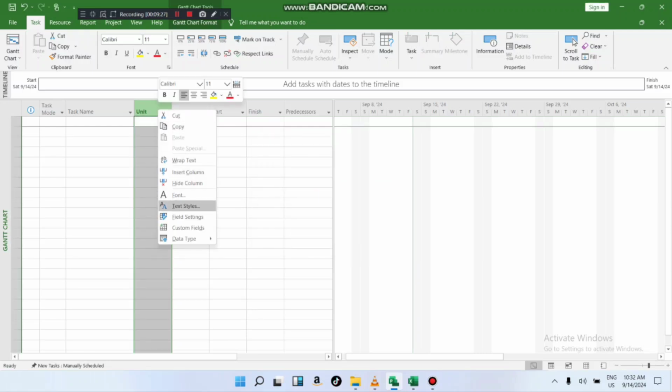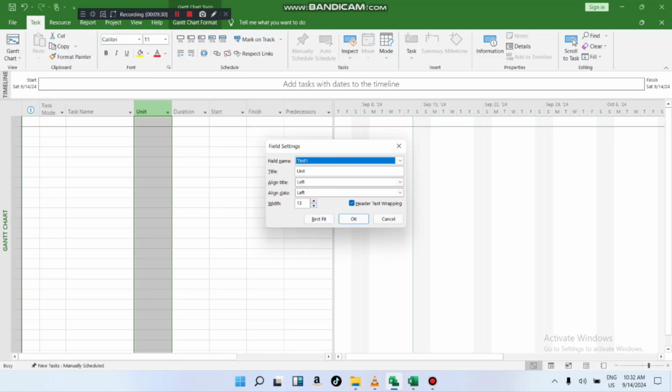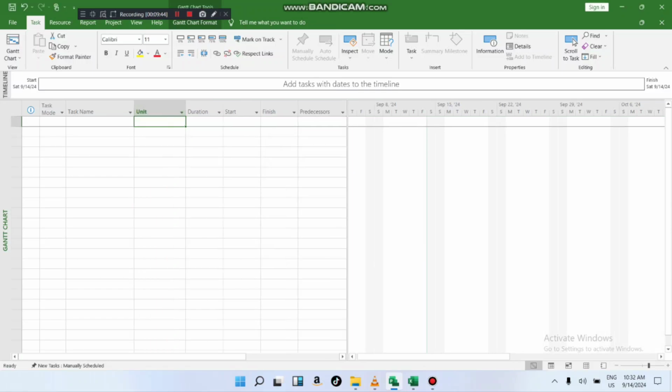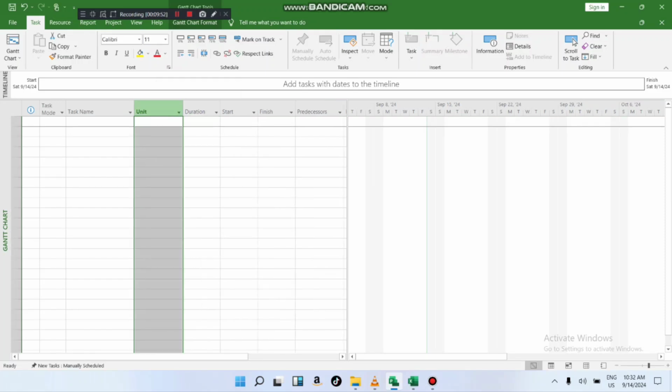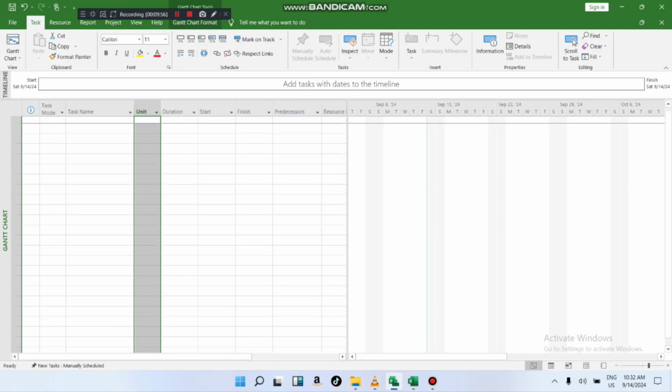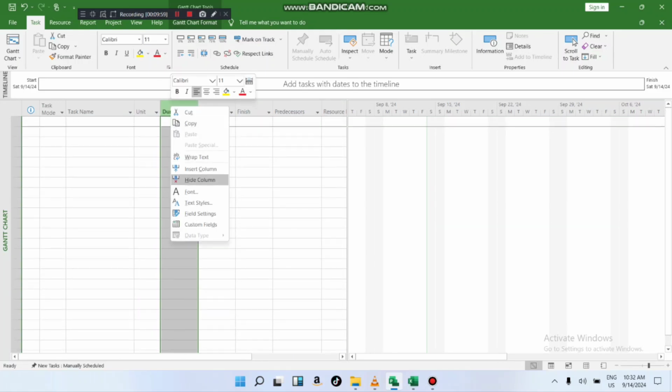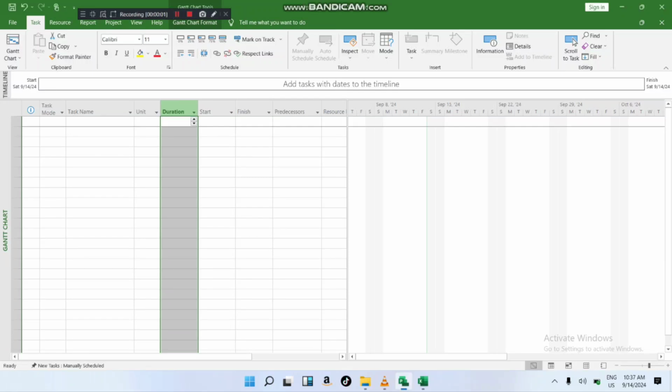If you want, you go to the field settings, and then you design the row, each row and column and text or style. Like I wanted this big, or you can just do it like this. Okay. For unit, I don't need all this. Okay, and then we'll insert another